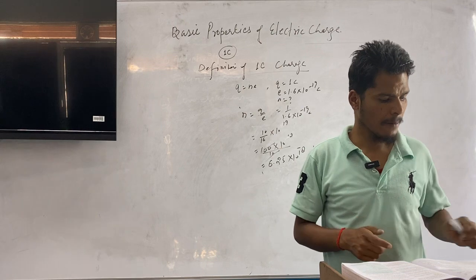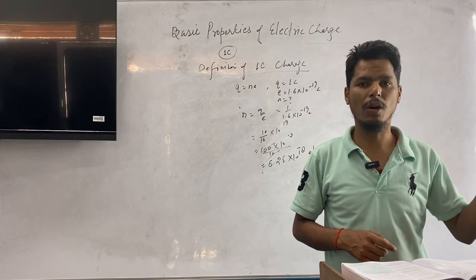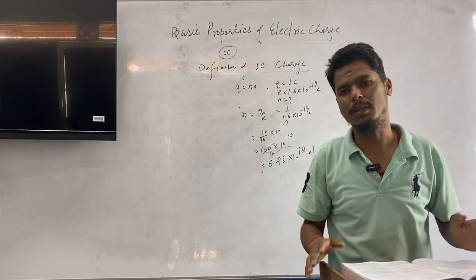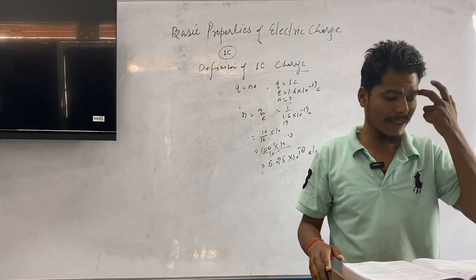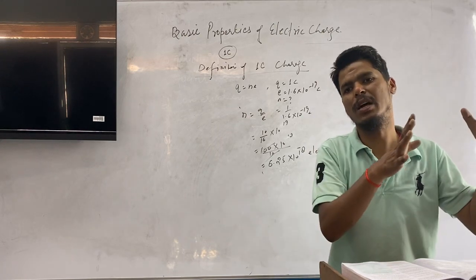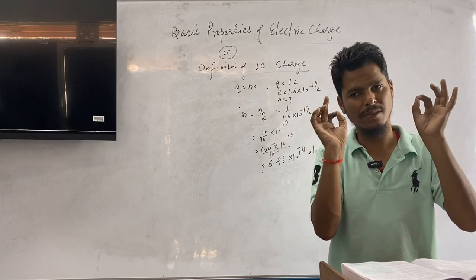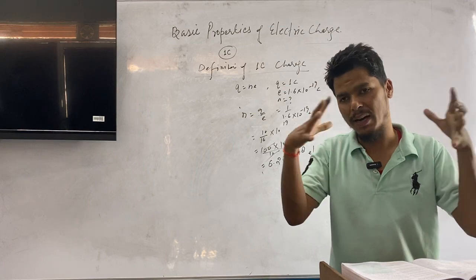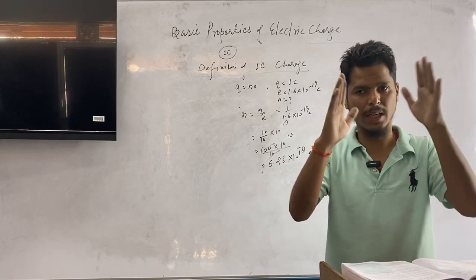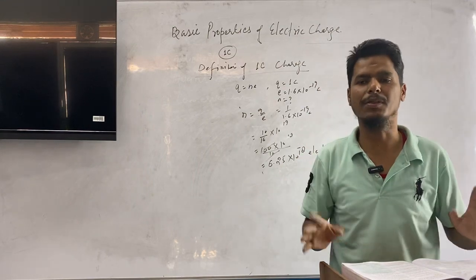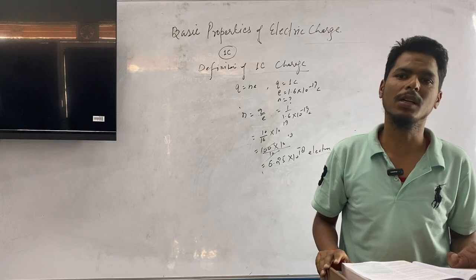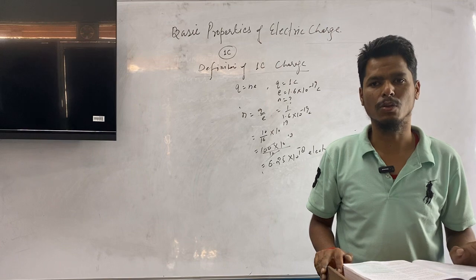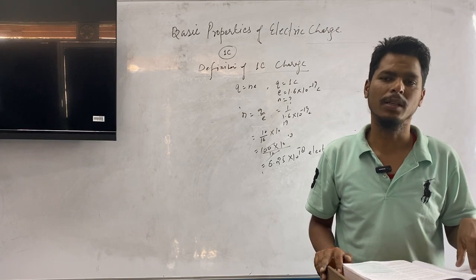So that's all for today. I'm giving you a homework. You just make a table and make a difference between electric charge and mass. Both are intrinsic properties, that means fundamental properties which cannot be defined further. You just make a heading and make a difference between these two fundamental properties. That's all for today. So the class will be continued tomorrow.